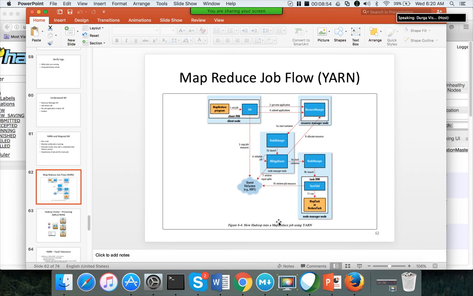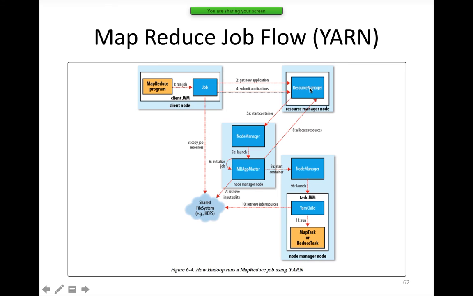When the job is started using YARN, the job request will go to the resource manager, and then it will check with all the node managers. We have 3 node managers because we have 3 slaves, and it will pick one of the node managers and create an application master, and the job management will be delegated to the application master. From there, the application master will work with the node managers and try to kick off the containers which run mapper tasks and reducer tasks.